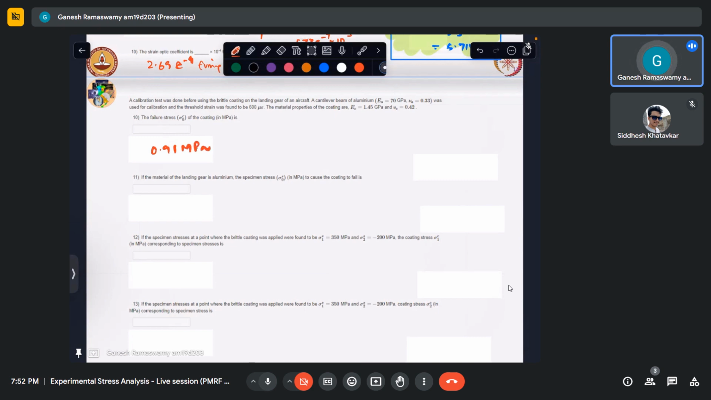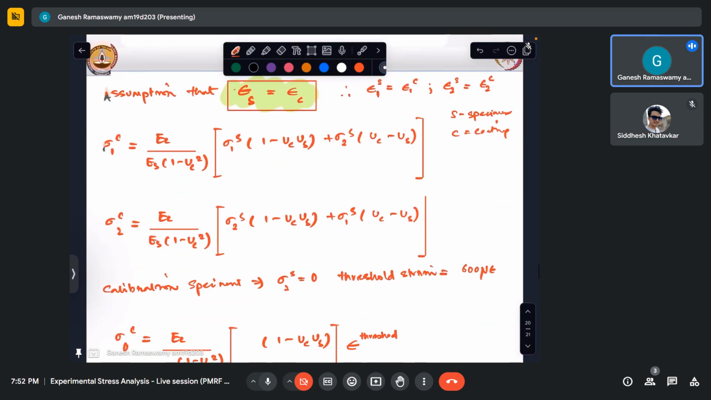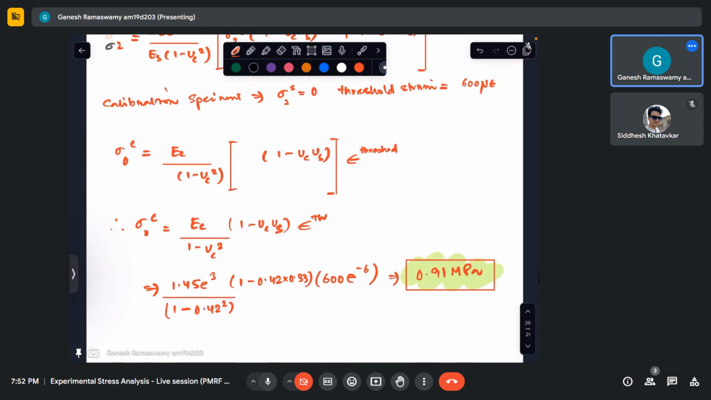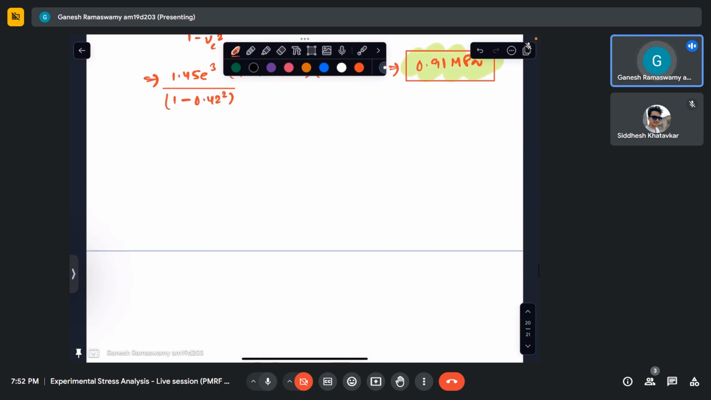If the material of the landing gear was aluminium, the specimen stress to cause this coating to fail would be what? Is what is asked. So from here we know that, I'll just add one more page here. So what is asked is what is sigma 1s when the coating failed. So this is nothing but 0.91, I know that this is